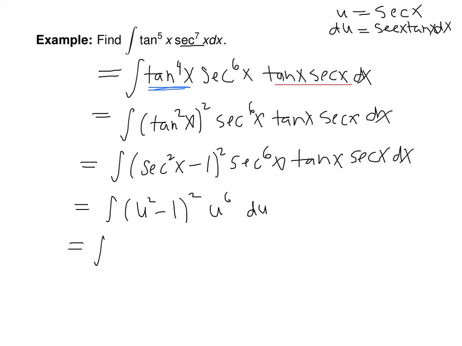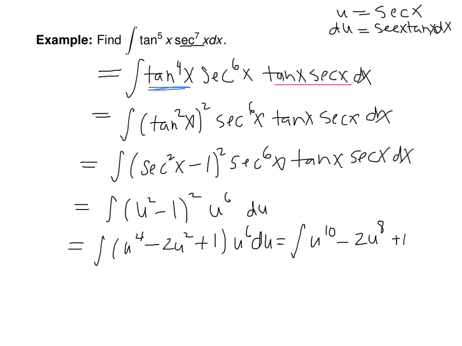And if we expand that out, we end up with u to the 4th minus 2u squared plus 1 times u to the 6th du, or the integral of u to the 10th minus 2u to the 8th plus u to the 6th